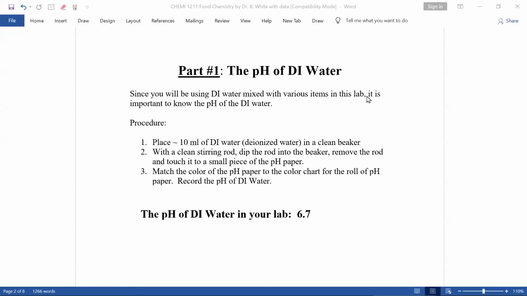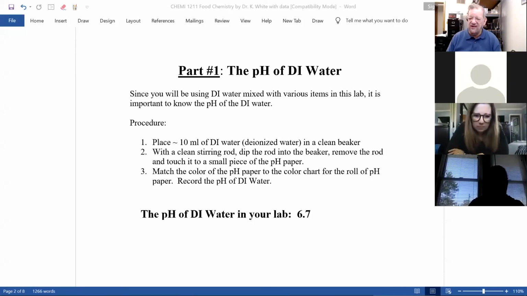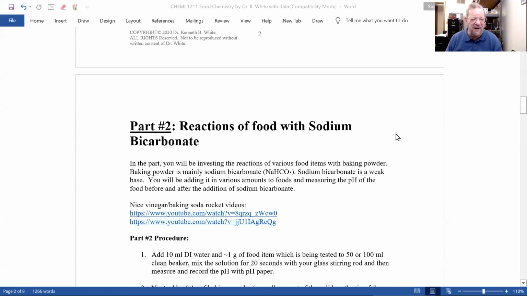All right, let's look at today's lab. First of all, you measure the pH of DI water, which I gave you. Everybody see today's lab now? Thank you. All right, now in part 2, you'll be reacting different food items, really condiments and other things, with sodium bicarbonate. And the reaction is any acid, like in the ketchup, plus sodium bicarbonate, which is baking powder,